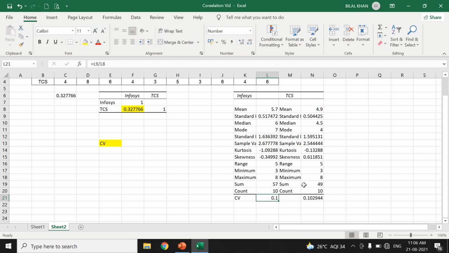I'll reduce this to 2 decimal places. You can see the coefficient of variation of Infosys is lesser as compared to that of TCS, although there is a very small difference. So what does it tell us? It tells us that TCS is more risky as compared to Infosys when I make a comparison between the two. So that is how you calculate the correlation coefficient.